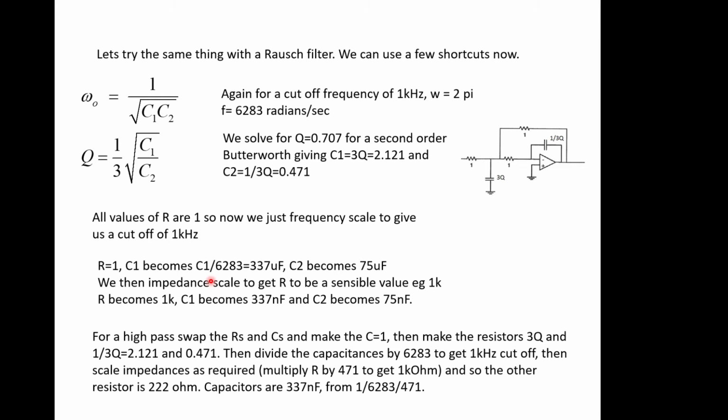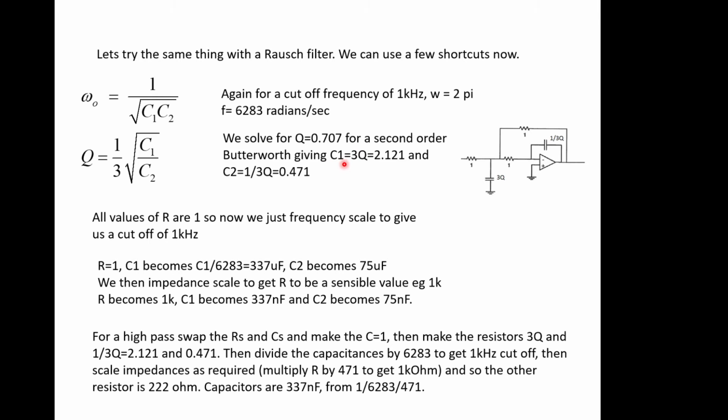Again, we've got the same polynomial and the same values of omega naught and Q that we're aiming for, but there are different relationships in the circuitry to allow us to calculate these things. So again, cutoff frequency is 1 kilohertz or so, so that's the equivalent of 6283 radians per second, the same as before. Again, we're looking for a Q of 0.707 for a second order Butterworth,